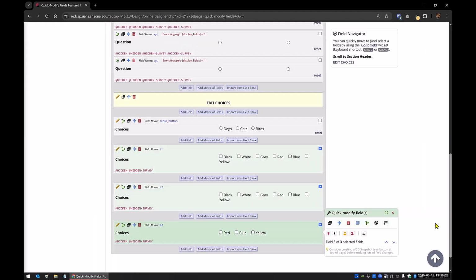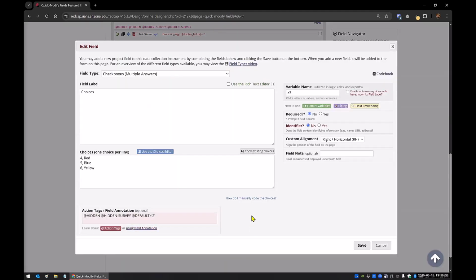Hey, Manny, can I ask you a quick question? Sure. Can you look at field C3 design? I just want to see, were those originally 1, 2, and 3, and then it overwrote them with 4, 5, and 6, even though the text, the label, was the same, so when you were overwriting them,